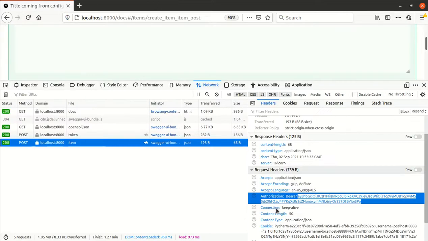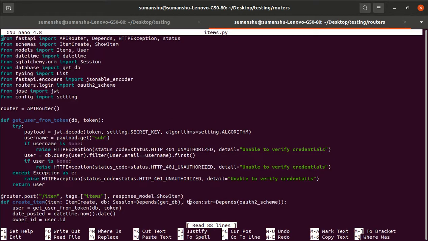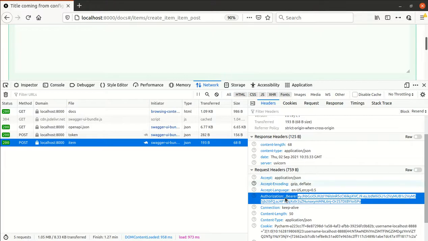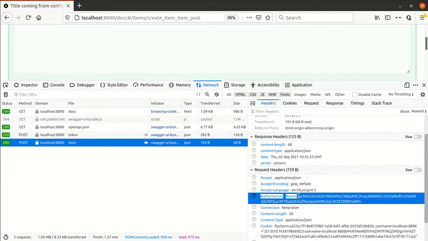In the header we are accepting the token, because as I told you, when we are triggering the post request, in cd routers, nano items.py file, we are passing the token as well, right? In the header it will accept the token. And in which form will it accept the token? It will accept the token in the form Authorization, then colon, then the keyword Bearer, and then the token.